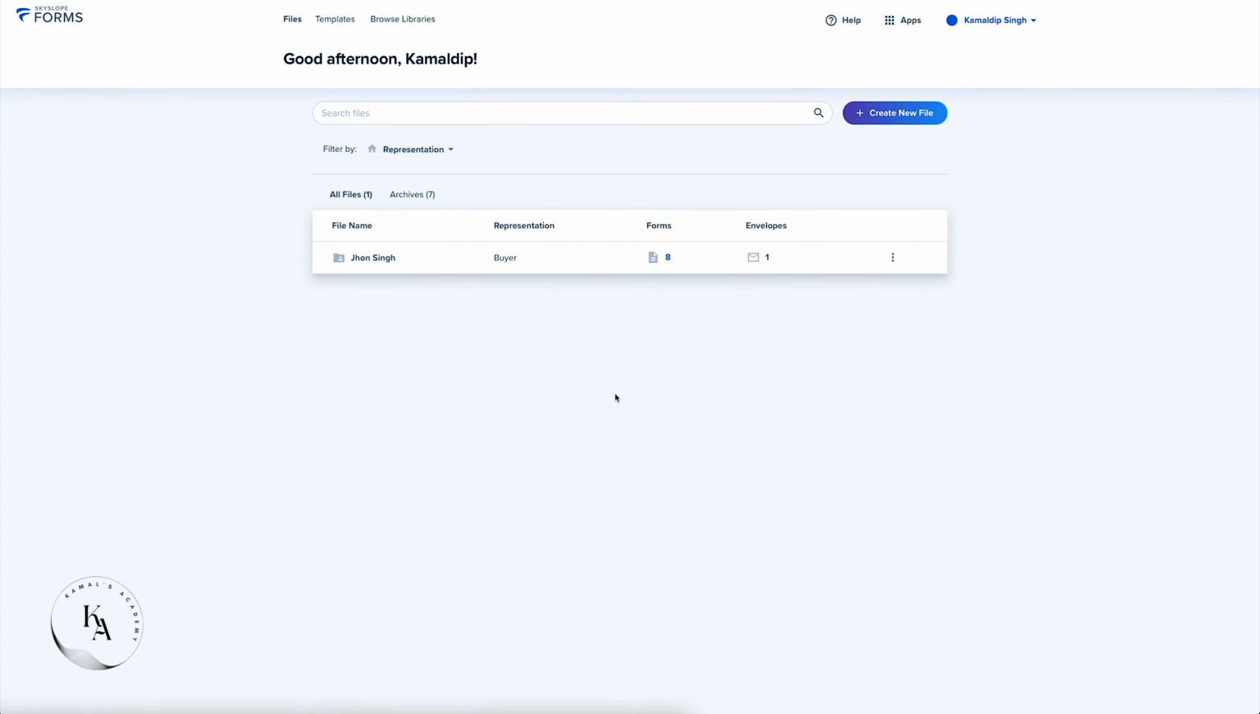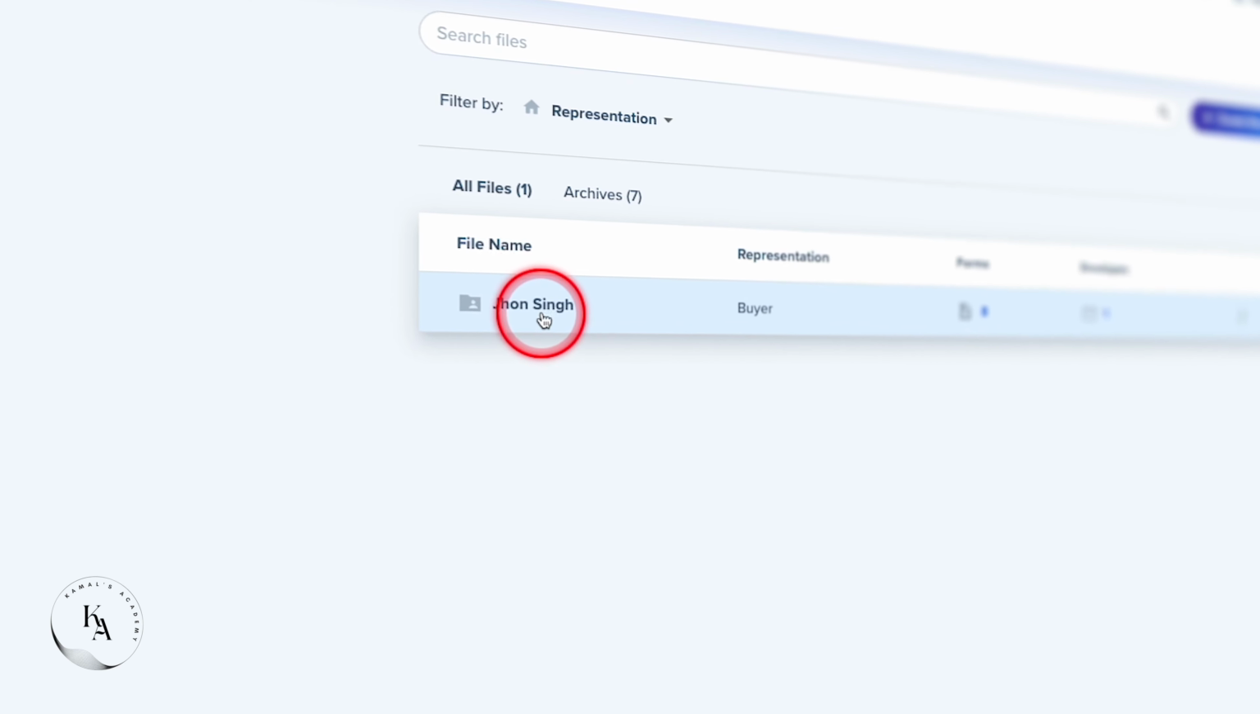Welcome everybody. In today's SkySlope form tutorial, I will show you how you can make changes to an already existing filled form. Here I am logged into my SkySlope form. This is the client that we are working with. So I'll simply click on Johnson